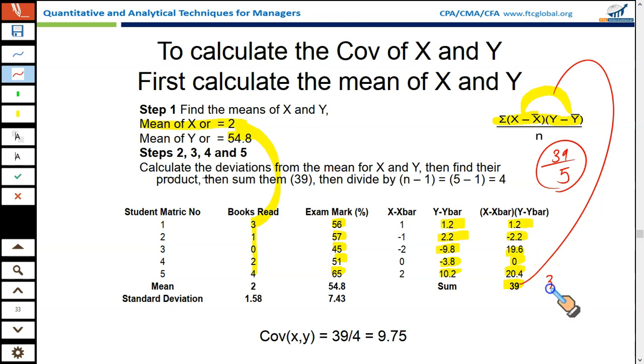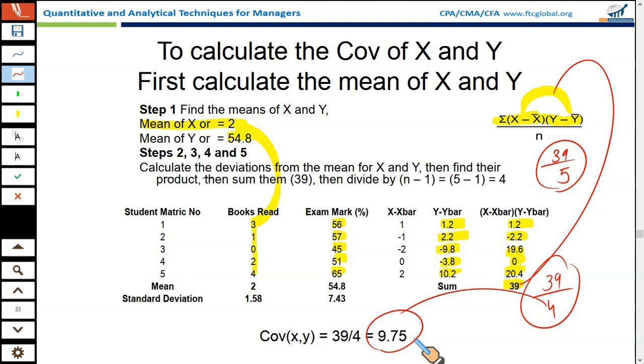But if you want to get the sample covariance, that's 39 upon n minus 1, 5 minus 1, 4. So that's it, 39 upon 4. This 9.75 is the covariance of the sample, or the sample covariance. So this covariance 9.75 doesn't reveal much whether there is a positive connection between x and y or negative or no connection. So for this we have a more refined way to find out how x and y are connected